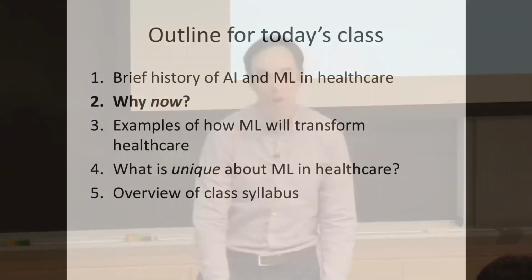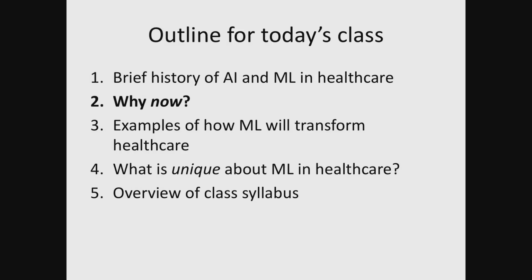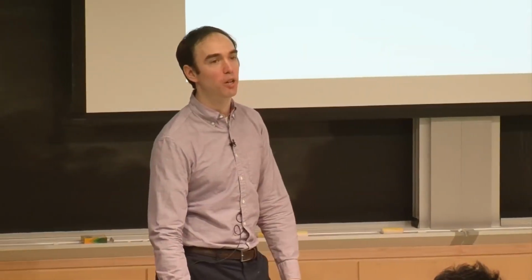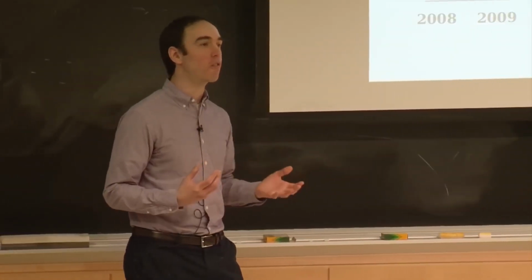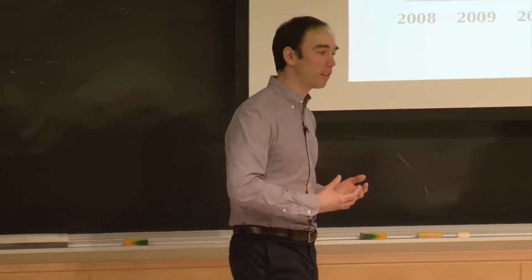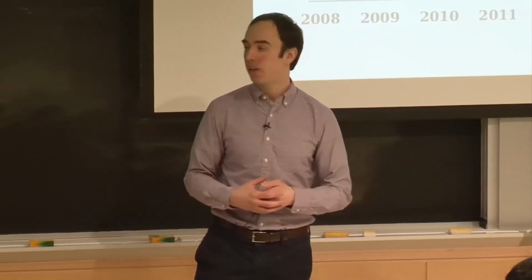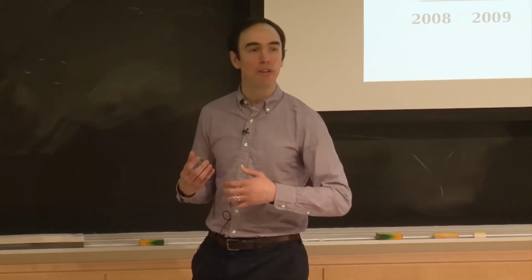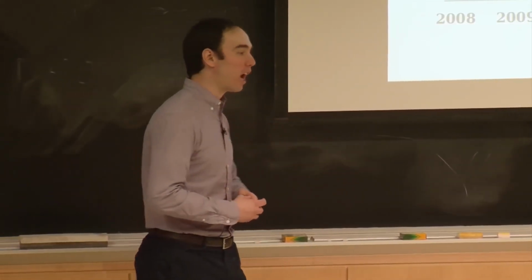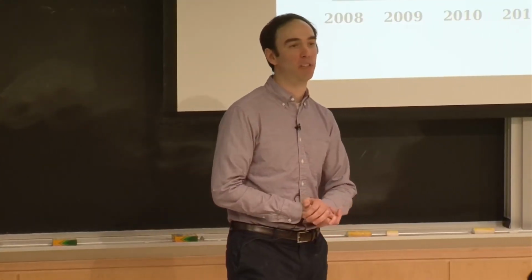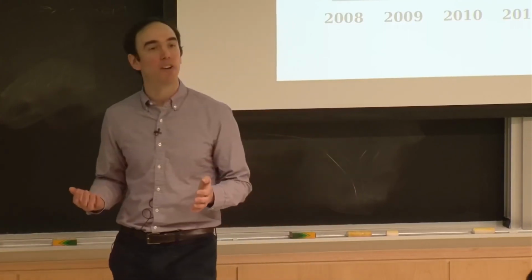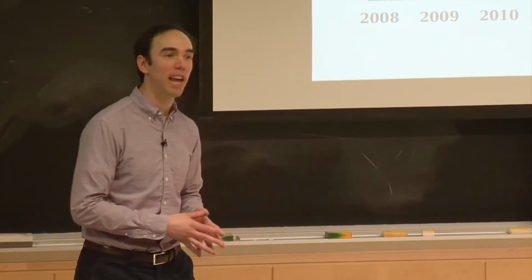So what's changed? Why do I think that despite the fact that we've had what could arguably be called a failure for the last 30 or 40 years, we might actually have some chance of succeeding now? And the big differentiator, what I'll call now the opportunity, is data. Whereas in the past, much of the work in artificial intelligence in medicine was not data-driven, it was based on trying to elicit as much domain knowledge as one can from clinical domain experts, in some cases gathering a little bit of data. Today, we have an amazing opportunity because of the prevalence of electronic medical records, both in the United States and elsewhere.